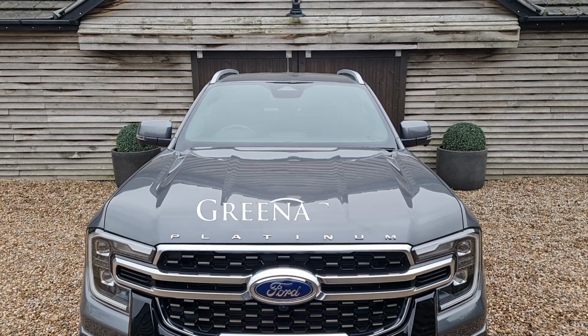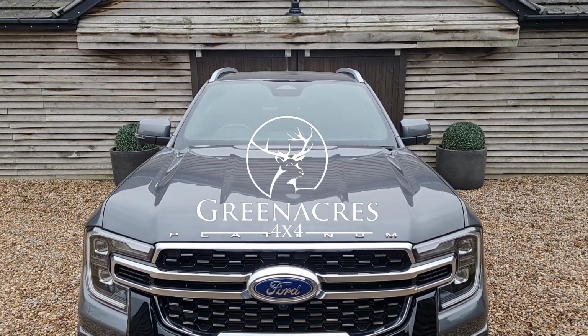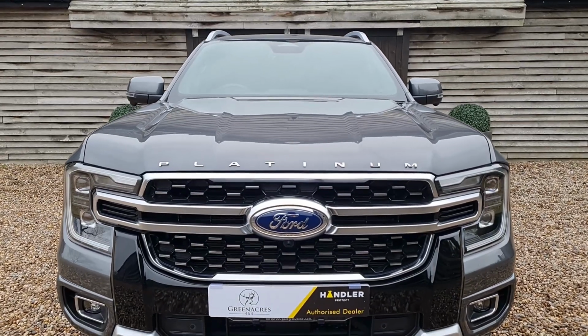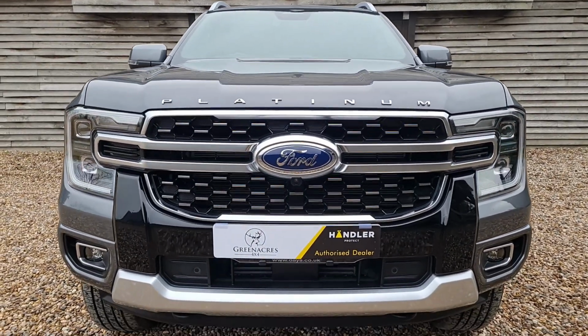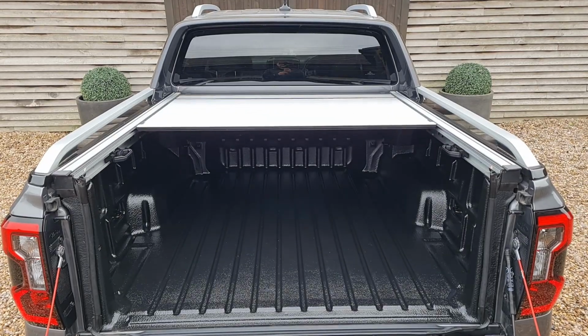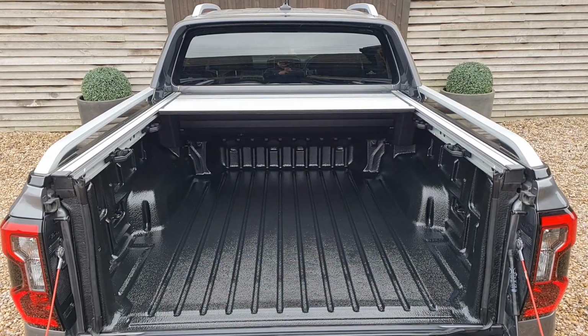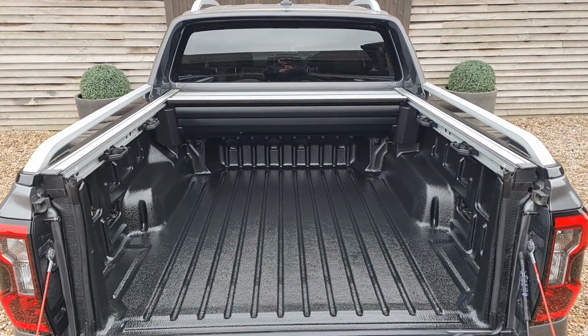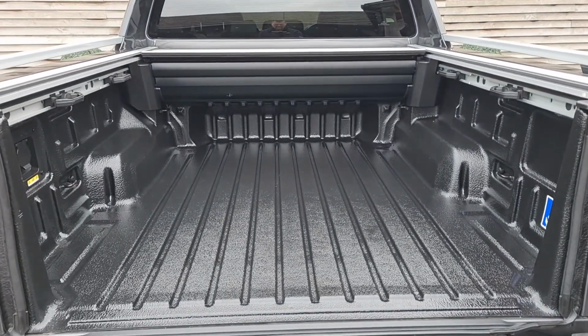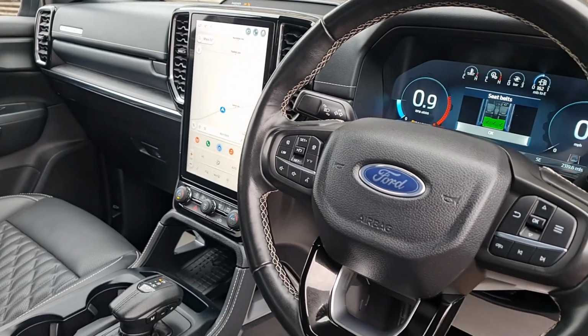Outstanding low mileage, top of the range, 24 plate Ford Ranger Platinum with 3-litre V6 diesel engine, VAT qualifying, with high specification, finished in Carbonized Grey metallic with electric memory heated and cooling seats, covered in full premium Platinum embossed leather upholstery, covered only 2,319 miles, fitted with